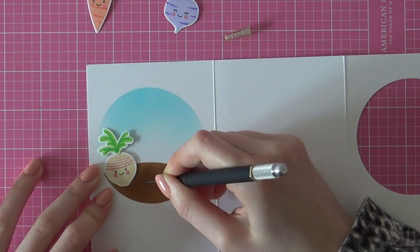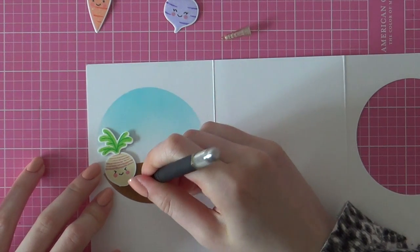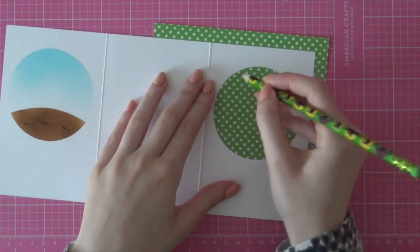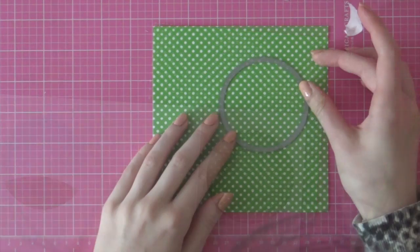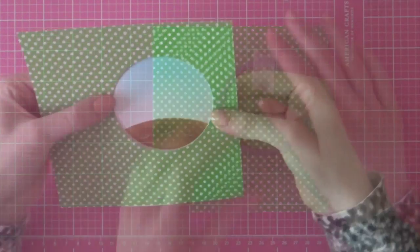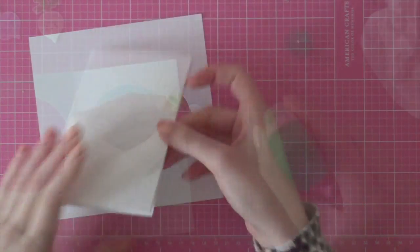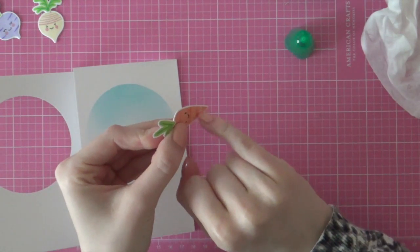So I'm just placing those in, and then I am cutting the second slit. I got this X-Acto knife at a local craft shop, so I can't link to that, but any X-Acto knife will work for this technique. Then I'm using some pattern paper from the Let's Polka paper pack from Fawn, and I'm going to trace that circle from the first layer, and then I can easily line that up. And I did that just to make sure that my pattern paper will line up perfectly with that circle. So I'm tracing those little lines so I know where I had to cut with my Fiskars Cutter, and then I adhere that down with